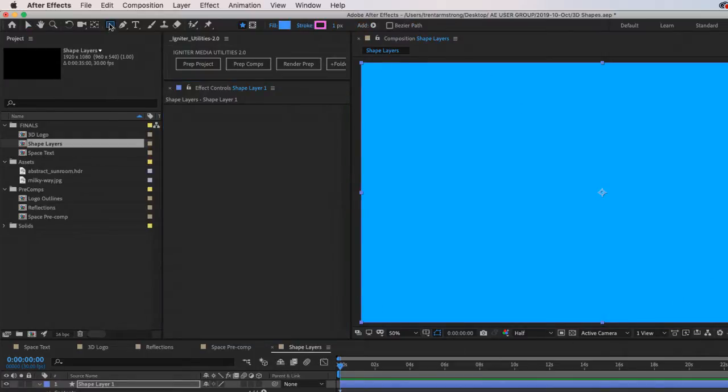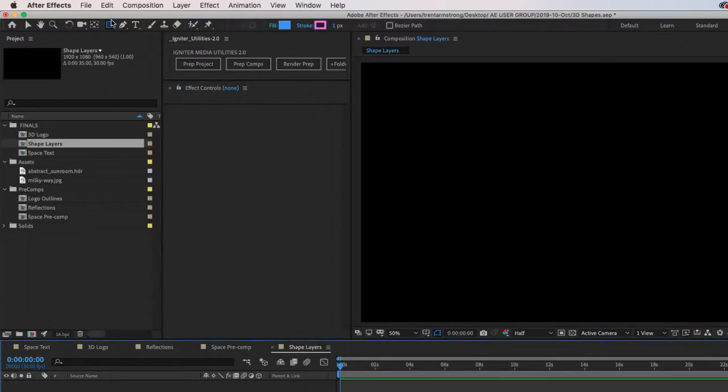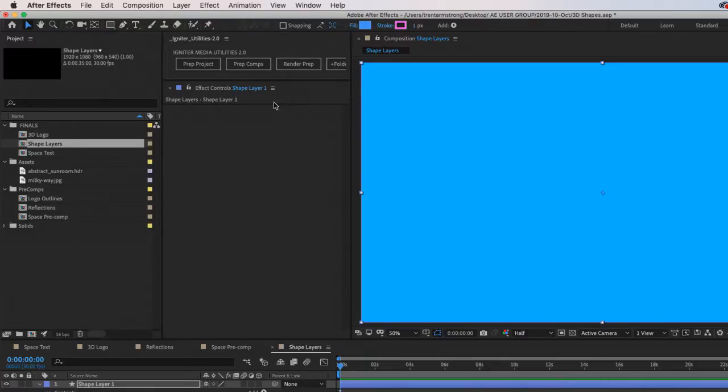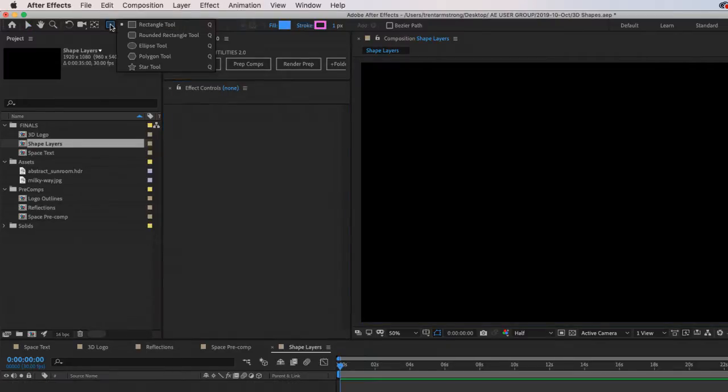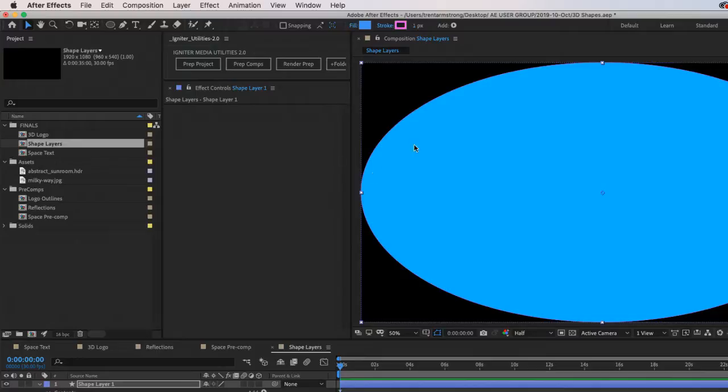If you do a circle, let's delete that. Rather, an ellipse, let's do an ellipse, and I'll just double click. There we go, and it is the bounds of the comp. Same with all the others.